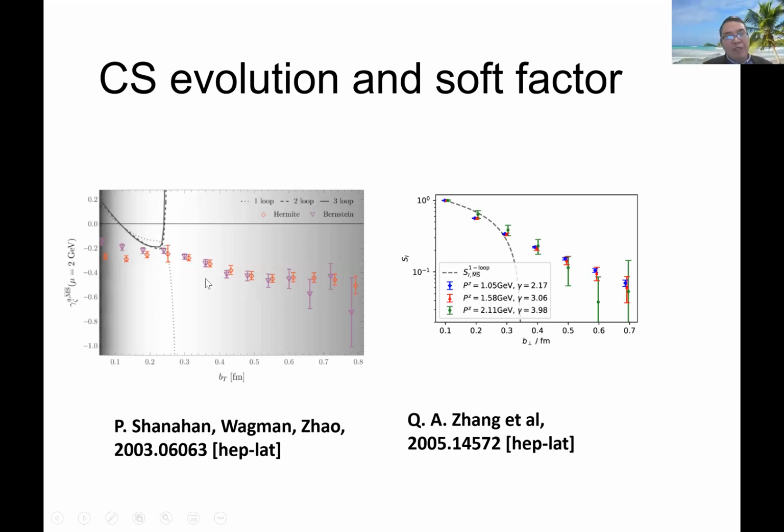And so this is a calculation for the evolution of TMD distributions on the lattice. The curve here shows that perturbation theory works for small b_T, and for large b_T it cannot be calculated. So this is lattice data. And this is the cross-section of the soft factor for two oppositely charged moving particles. This is being calculated by a group in China. And by the way, this has just been published in PRL recently.